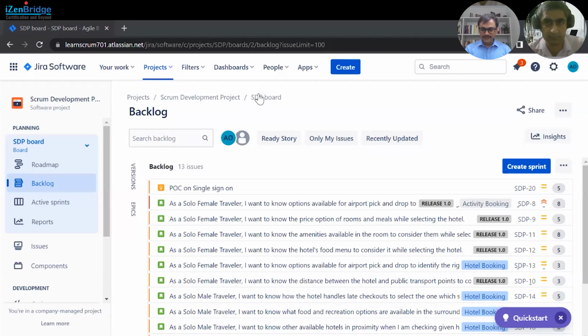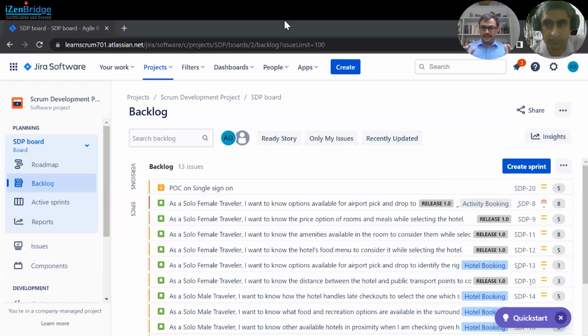So hello everyone. Today we are showing you how to create your sprint using Excel import. The process is pretty simple: you have a product backlog with you. We will show you how you can select product backlog items, stories or any other product backlog item, and put it into a sprint. And after that, identify which tasks you want to create under which user stories